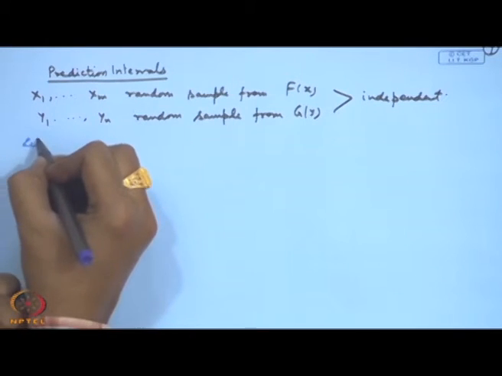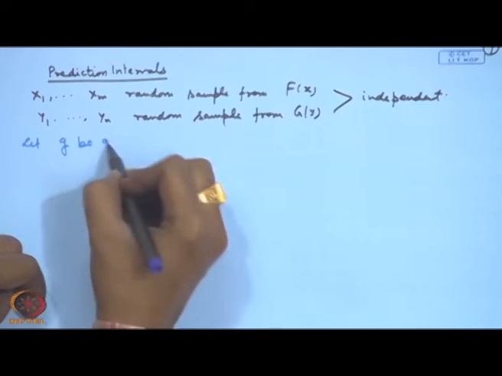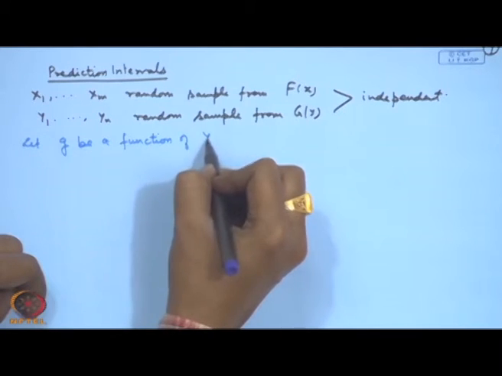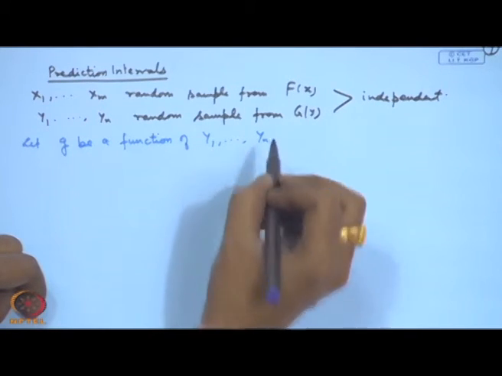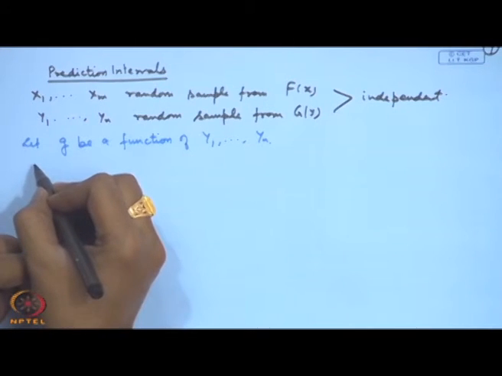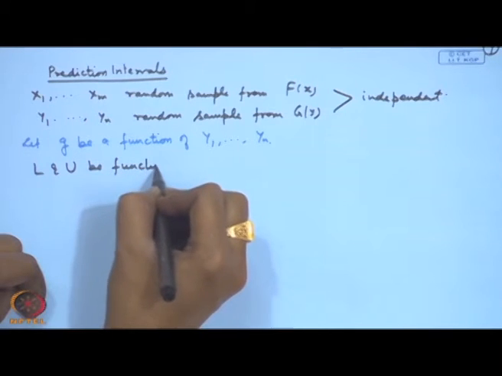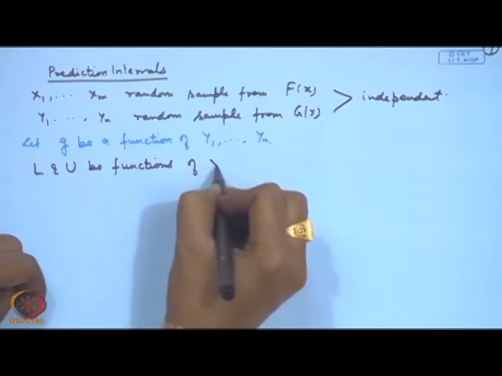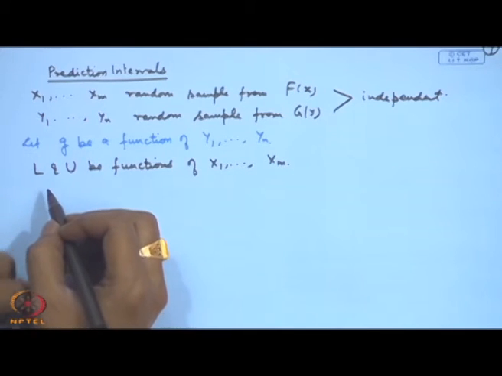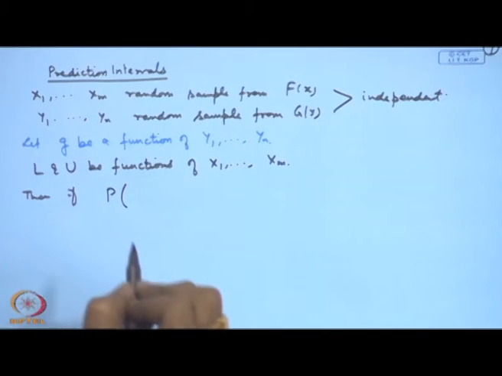Let us consider, say, g be a function of y 1, y 2, y n, and L and U be functions of x 1, x 2, x m. Then, if we have the statement like